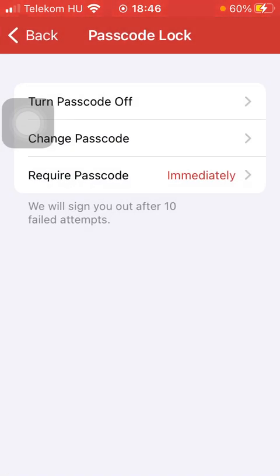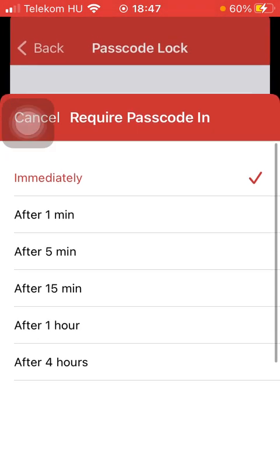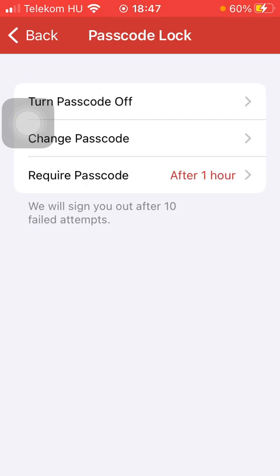You can also set when would you like it to be required as you tap on the third button, such as immediately after 1, 5, 15 minutes, 1 hour or 4 hours. So tap on the relevant one,